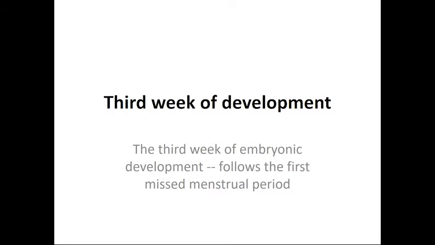We said till the 8th week or first 3 months is the embryonic time of development. Now the third week of the embryonic development, first is after the second, that is the first missed period, that is after 2 weeks, that is the third period. In this, what happens is the formation